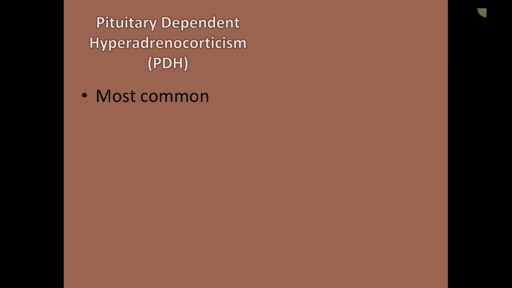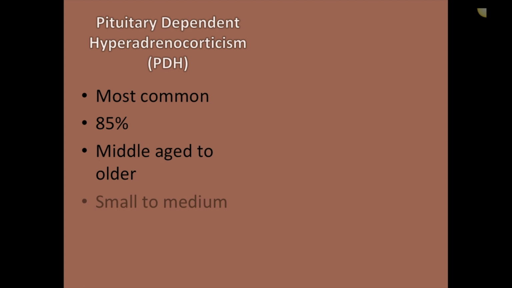So Cushing's is caused by two general causes. We've got pituitary-dependent hyperadrenocorticism, so that's PDH, and this is all reliant on the pituitary gland. It's the most common, happens in 85% of Cushing's cases, most often middle-aged to older animals, and it's small to